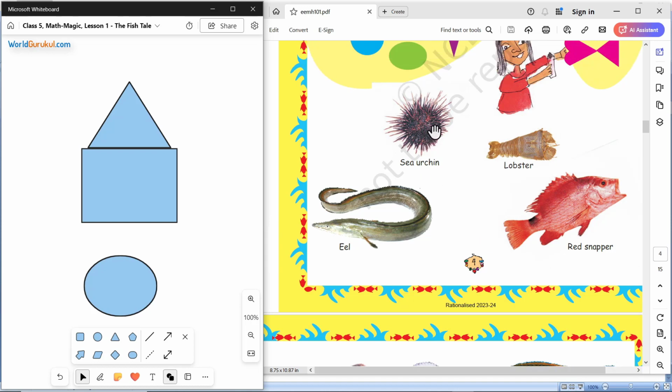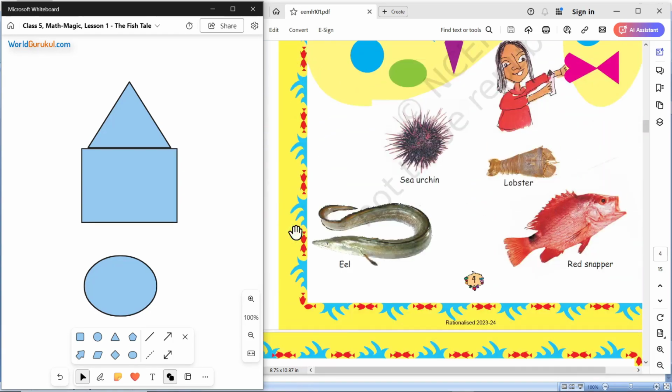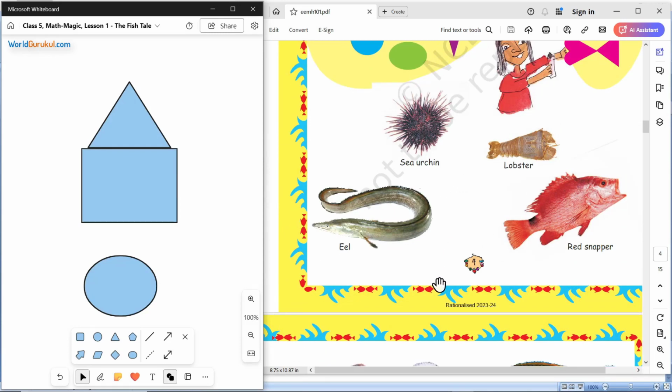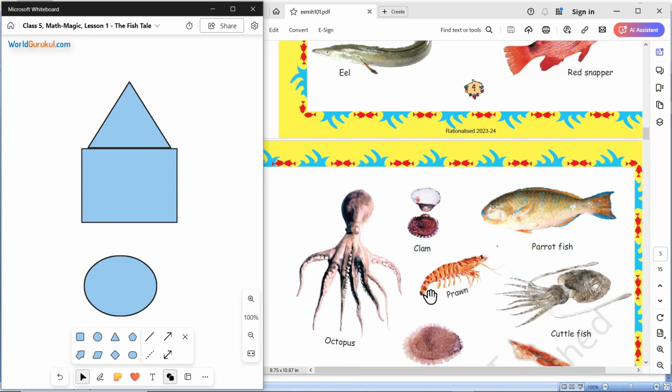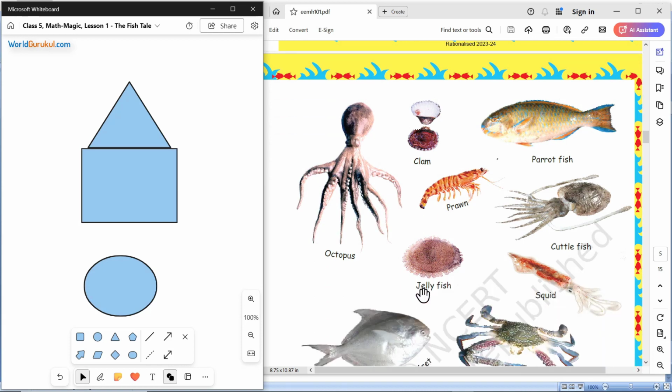Marine life is more interesting. You'll find this sea urchin. This is a kind of fish. This is a lobster. This is an eel fish. It looks like a snake, but this is not a snake. This is a red snapper. This is the one fish. You may see some of the fish in the aquariums as well. This is octopus. This is clam, prawn, parrotfish, cuttlefish,